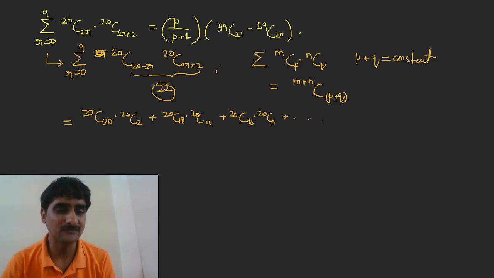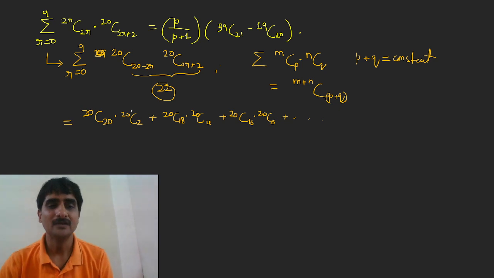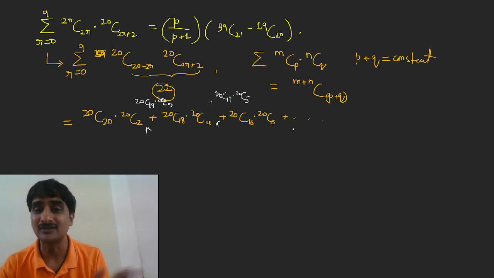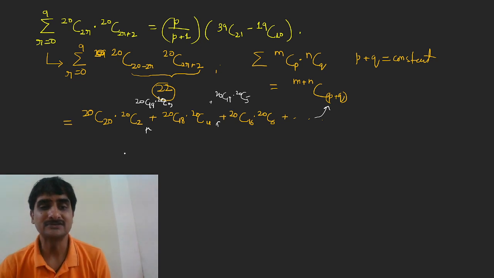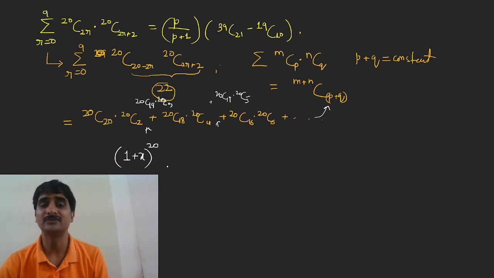What are we missing? We are missing here 20C19 into 20C3, and similarly we are missing here 20C17 into 20C5. All odd terms we are missing, so we can't use this result directly. Okay, so for that case I will suggest you to go to the basic from where we get this result, and that is go to the expansion of (1 plus x) raised to the power 20, and then write it as